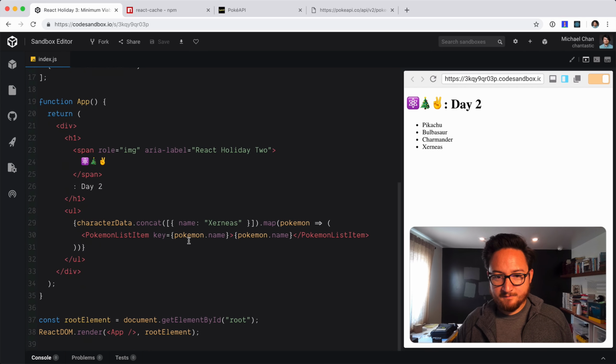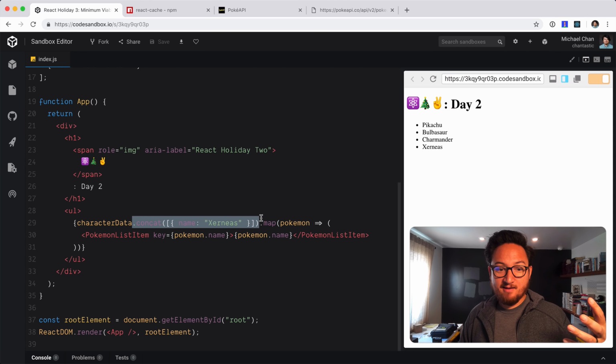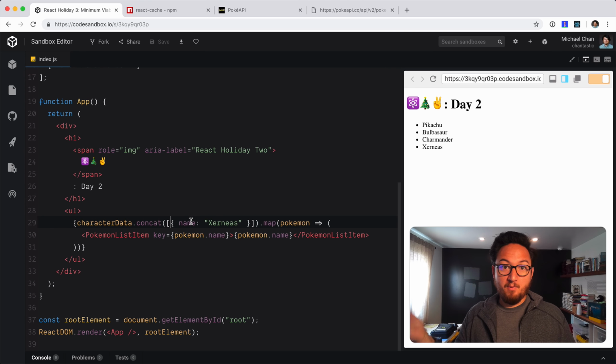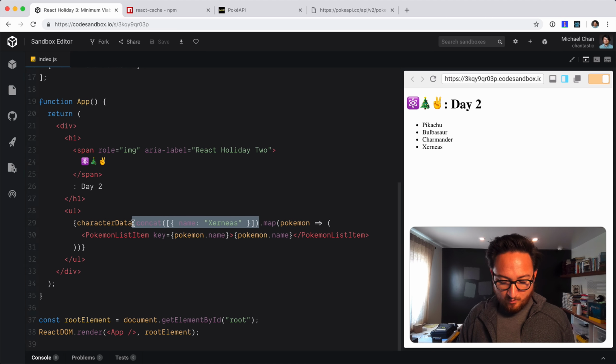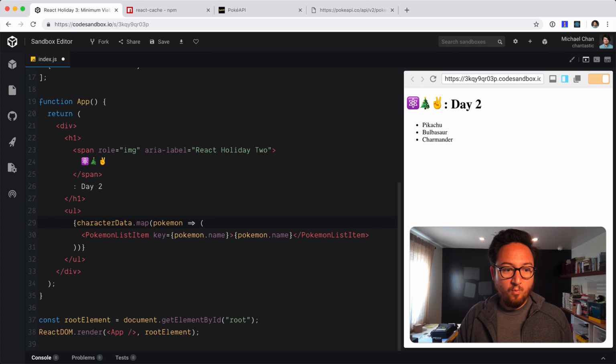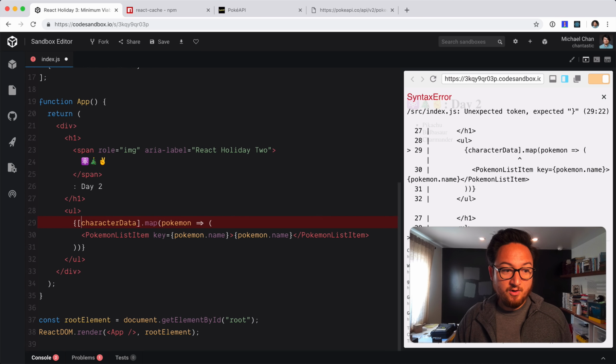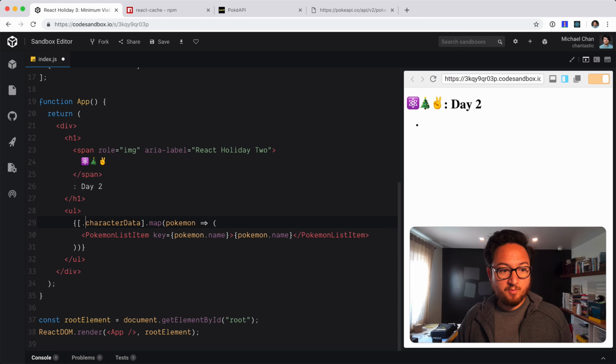Okay, so if I was in a situation where I wanted to add something to the end, I can use concat to just merge another array onto the end of it. And now there's also another syntax that's a little bit more modern, which allows you to do this with array literals. So if I just create a new array and I spread out the character data array